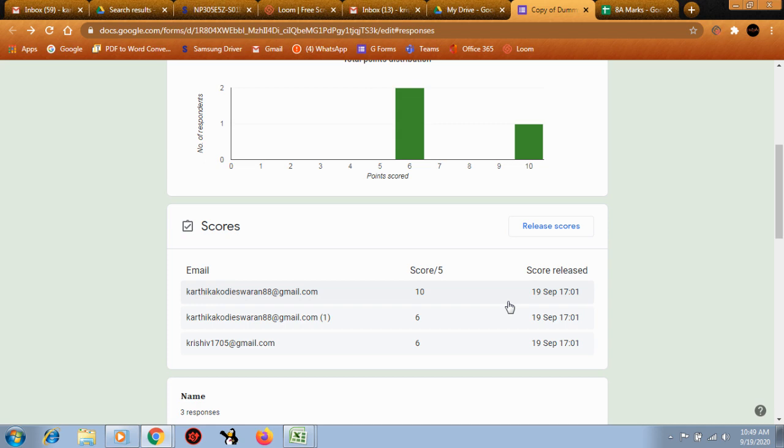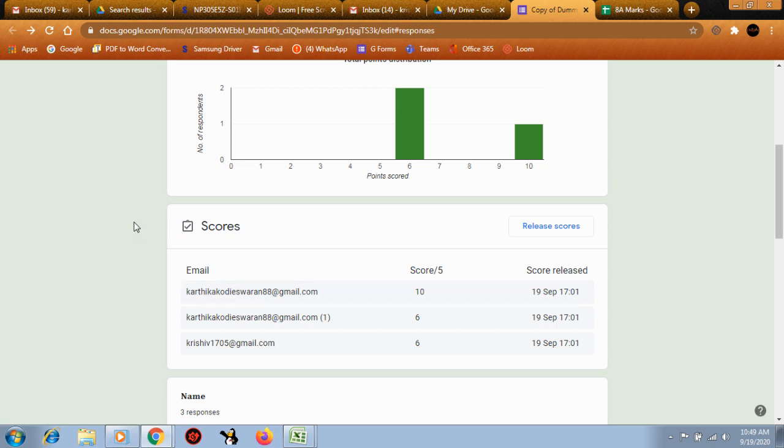That's it, we have done. You can see the score released timing. This is how you send your marks to your students. Individually they'll receive the message and they can see only their marks; they cannot check others' marks in their same section.